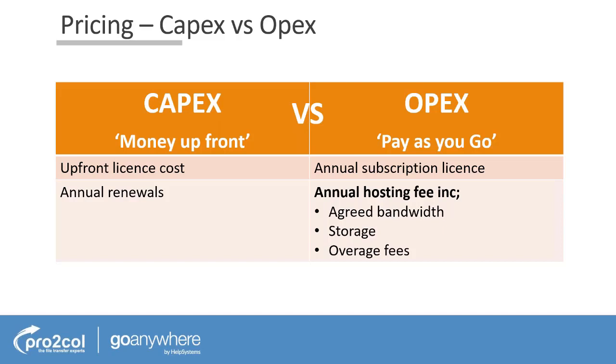And then you mix that with one of the three tiers to buy you the capacity you require. So you specify the bandwidth and the storage that you want. If you go over that bandwidth and storage, there are some overage fees, so it's worth thinking about the volumes of data that you're going to want to hold. And you've got a lot of flexibility within that capacity for setting how long you want the database to run, what you want to do in terms of archiving files, what the retention policies are, and so on. So there's a lot of control in this particular model.